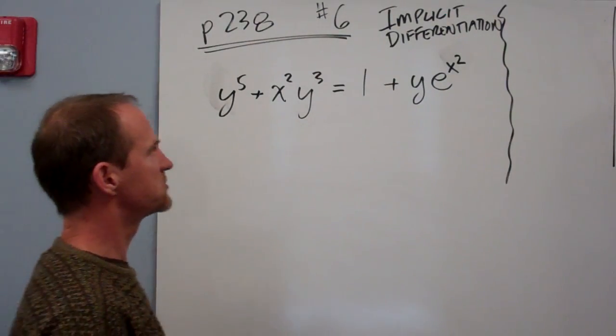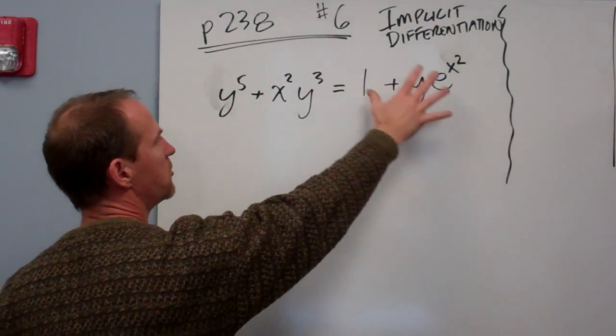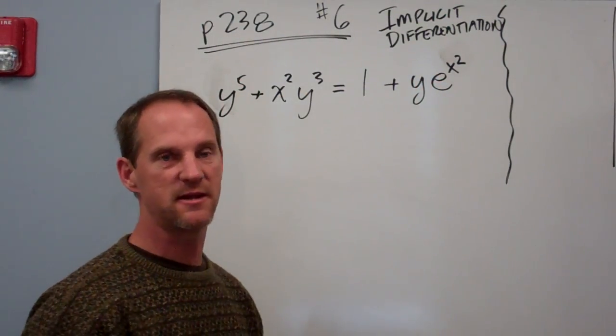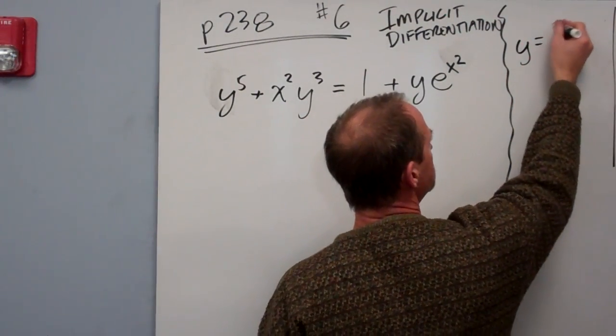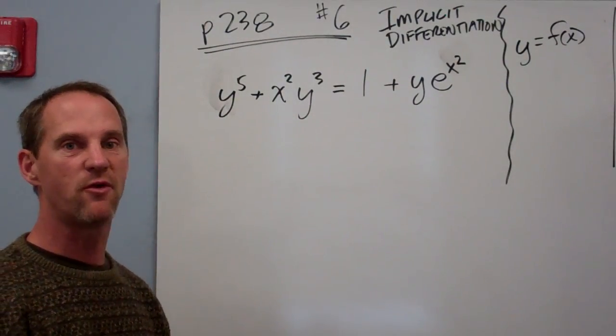So what we have to do is understand that there might be some mystery way of writing this whole thing with just y by itself, so y equals. And that's what I said is an explicit formula. So if we could do that, it might be y as a function of x like that. And what we're really looking for is what is